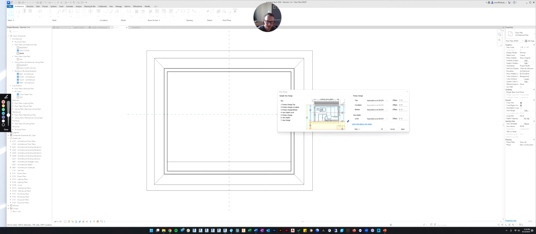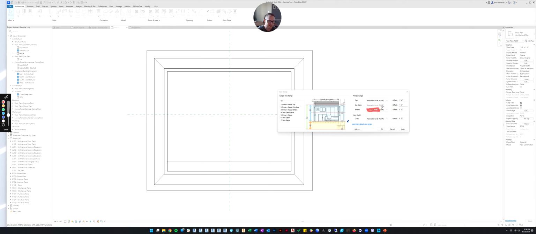So I'm just going to highlight here. Here's the bottom of your view. Here's the top of your view. And here's what I'm calling the cut plane. So that is associated with like this. So your bottom view, the bottom cut plane, the bottom of the view is right here. See how it says associated level?